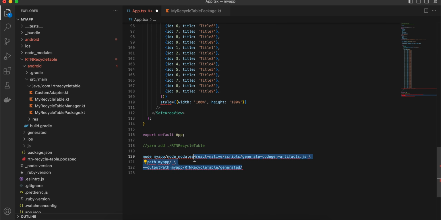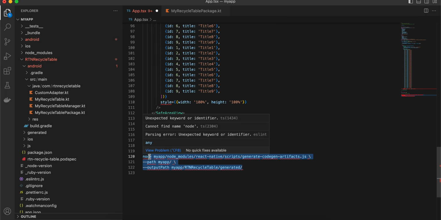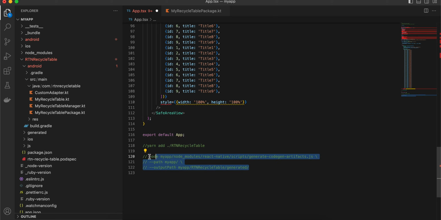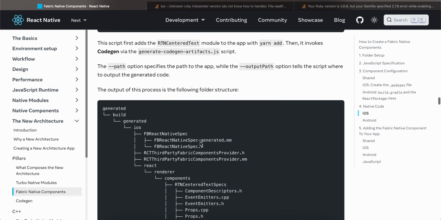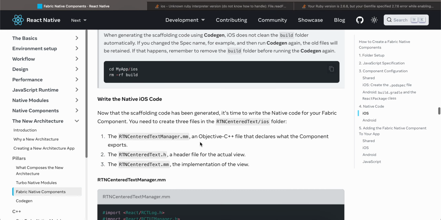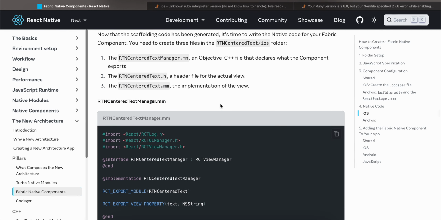So you have to run this command. You do cd dot dot first, you have to move outside your React Native project, cd dot dot, then run this command. So it will do code generation for your iOS project. So you can see this generated folder inside RTN recycle table. Once that is done, so for iOS,